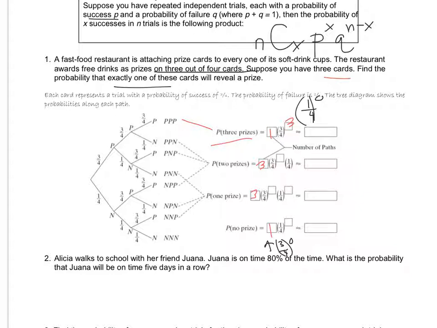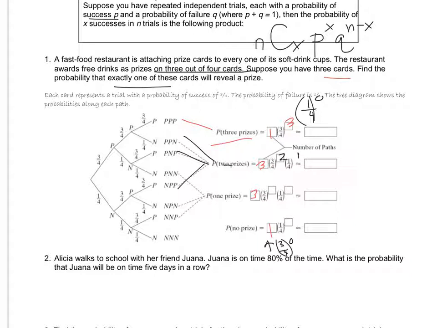So the probability that the person wins 2 prizes is 3, because you can see from the tree diagram that I have 3 branches where they win exactly 2 prizes. See, 2 P's right here, 2 P's right here, and 2 P's right there. And the probability that they're going to win is 3/4. If they win 2 times, this is going to be a power of 2, and then they're going to lose